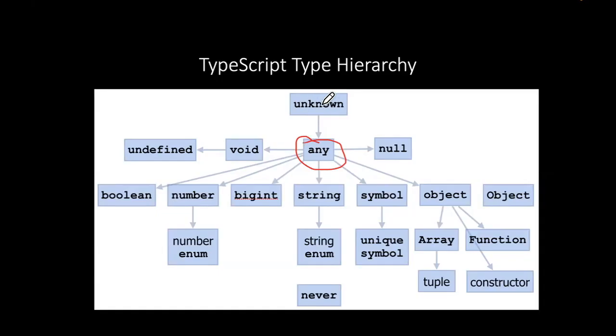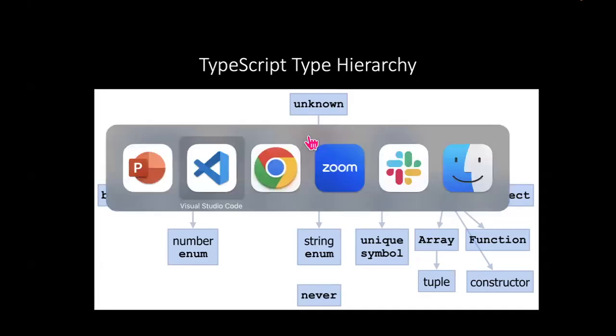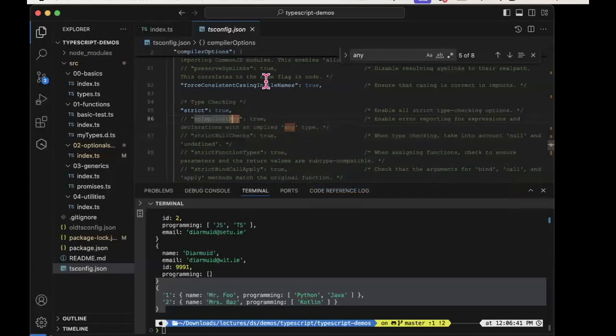Unknown is where you're saying, I don't know initially what type of value will be assigned to a variable, but within my code, I will determine the type. So it's slightly safer, they say. Using unknown is safer than any. I don't know, this may seem like a little bit of a theoretical discussion, but anyway,